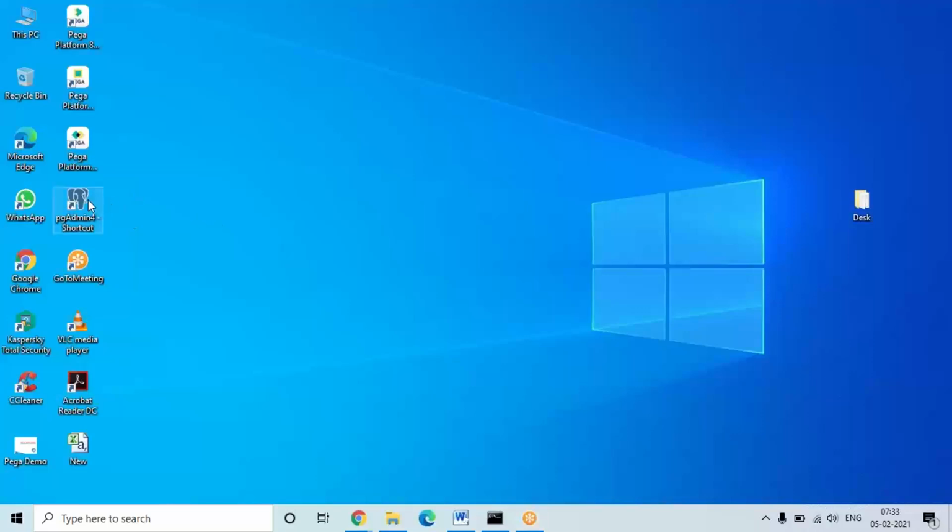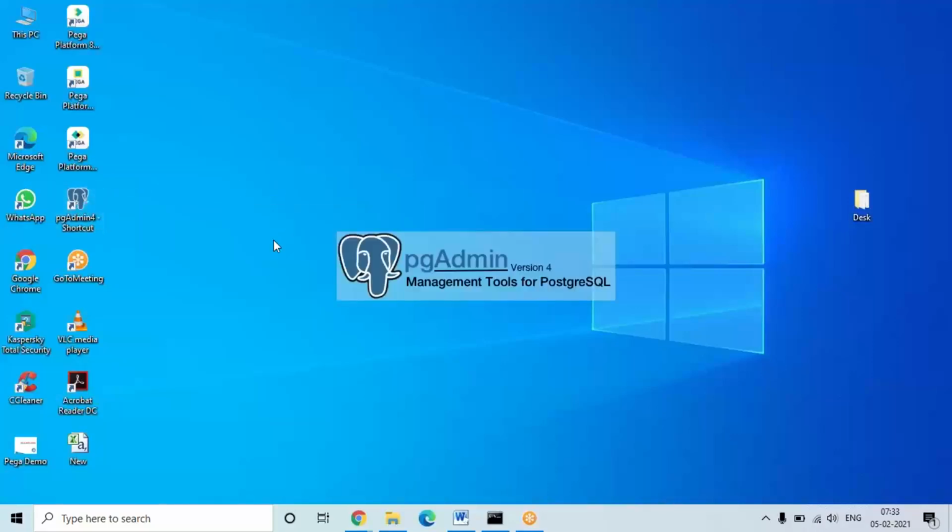In maximum 90% of the systems, when you try to open this file, you may get an error called a Microsoft system error. In my system some patch is already installed, but in your systems, when you try to open it for the first time, you'll get a Microsoft error.